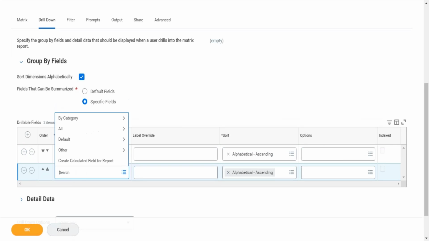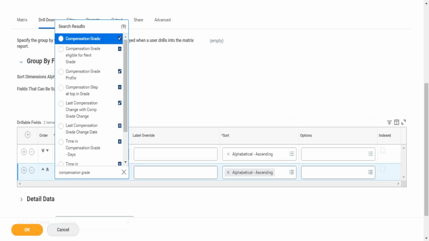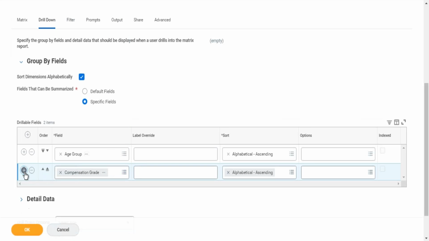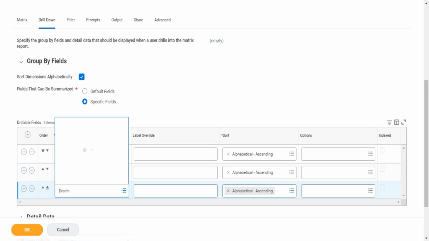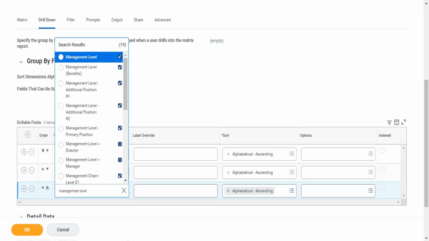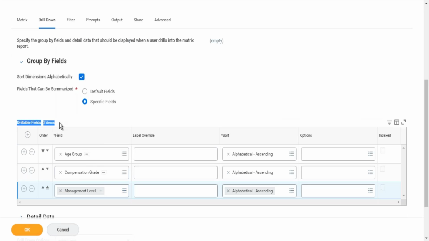I want, let's assume, compensation grade. I want management level, and so on and so forth. So I can add any kinds of drillable fields. I just need three. I am not adding anything else. When I click on OK,